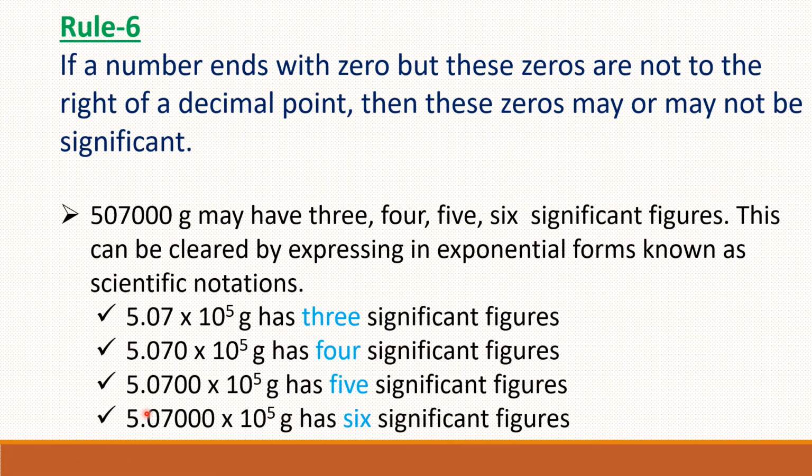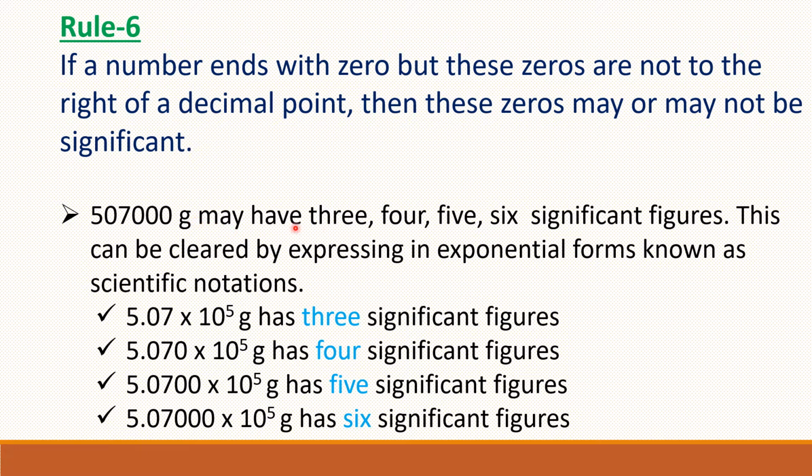The last rule is rule number 6. If a number ends with 0, but these zeros are not to the right of a decimal point, then these zeros may or may not be significant. See here,